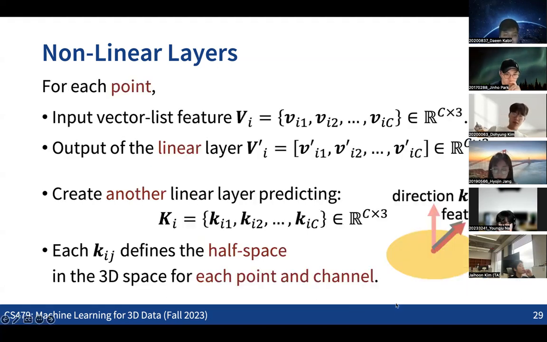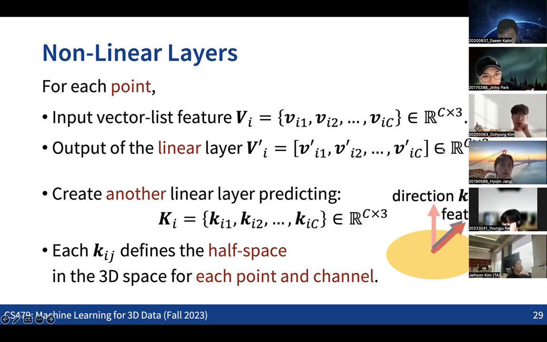So basically, we want to do the same thing, doing some kind of truncation with the half space. But here we want to do this in a rotation equivariant way. So what we do is that we first define the half space for each of the points and the channel using the linear layer. So let's think about the case that we have the input vector list, the picture. And using a linear layer, we get some kind of output, right? So this is the quantity, a set of vectors. We want to apply some kind of truncation.